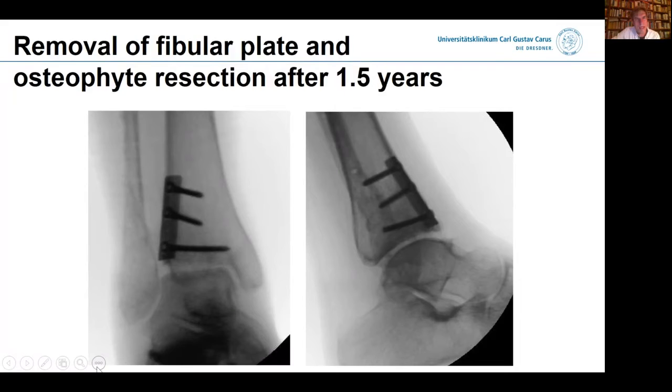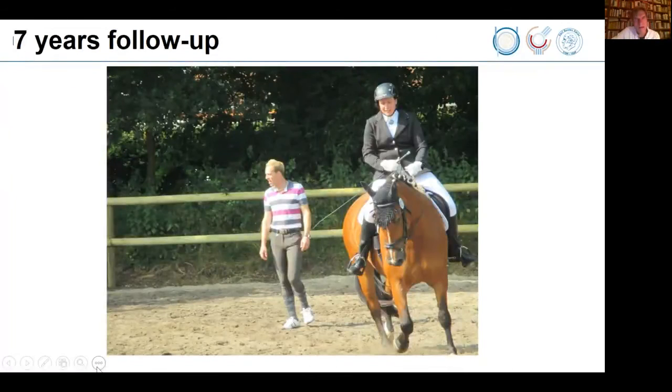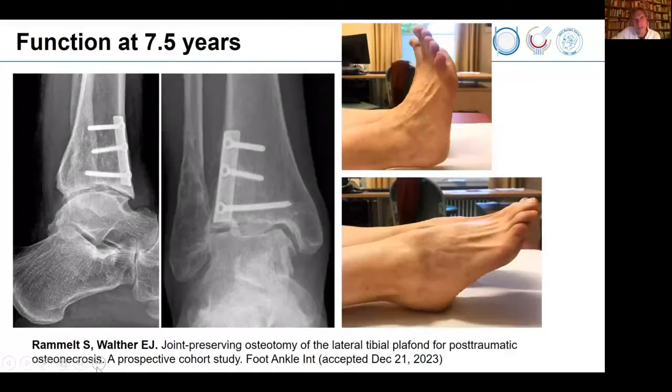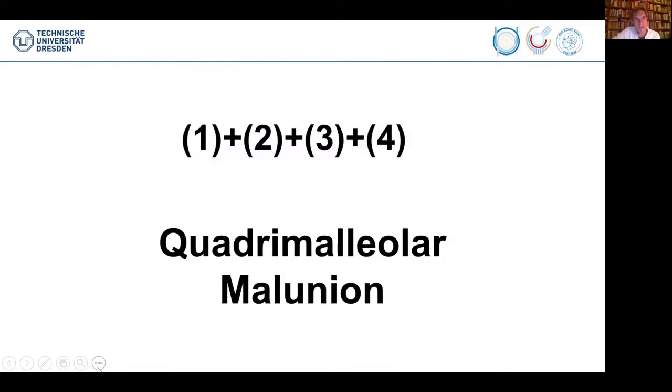So we took the fibula plate out. I didn't dare to take the tibial plate out and left it in because it is far away from the skin. And she comes from the northern flatlands of Germany and keeps sending me images every year. So she lets the horse do most of the work and her husband. But she has a beautiful function 7.5 years later. You see, of course, some anterior osteophytes, so the arthritis doesn't go away. But so far, the ankle joint has been saved for quite some years, which can be good in these patients.